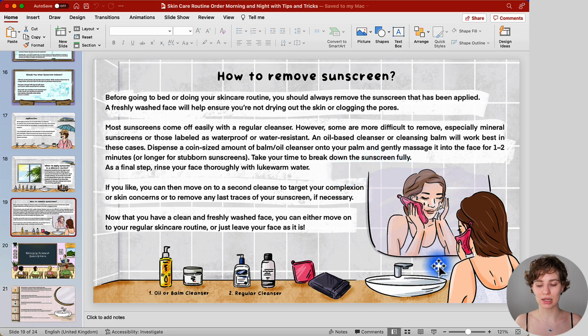Now, as you can see right here in this little image, the woman right here, which should represent myself, is using a washcloth, and this is what I always recommend doing when I'm showing you the application. Always use a washcloth when washing your face with a cleanser. Doesn't matter if it's just a regular cleanse, oil or balm cleanser on its own, or a double cleanse. This helps tremendously to get everything properly off the skin, not only when doing this above the sink but in the shower as well. So if you want to see a guide about this, I have a video for you in the top right corner.